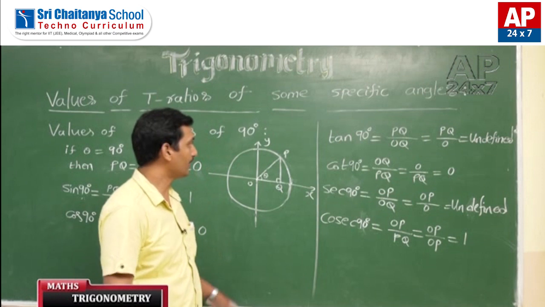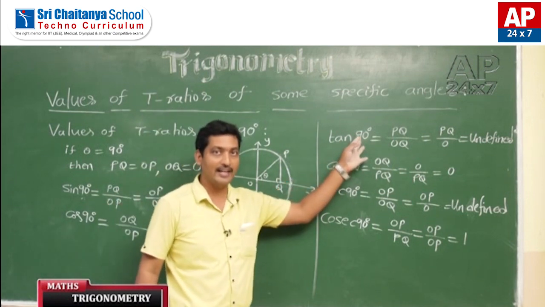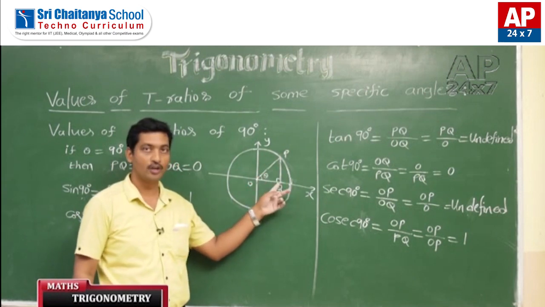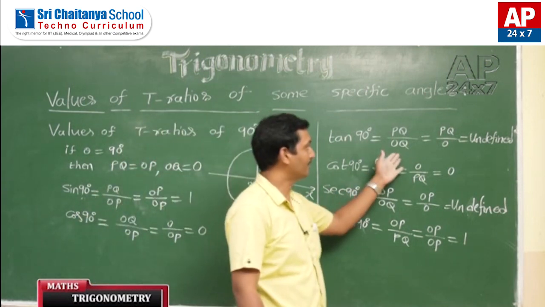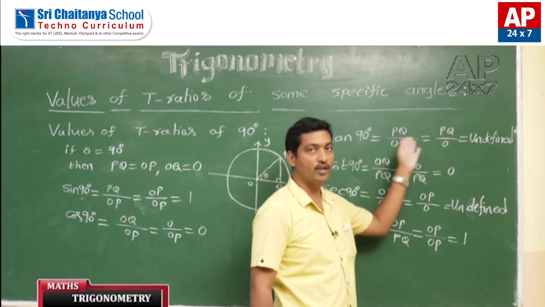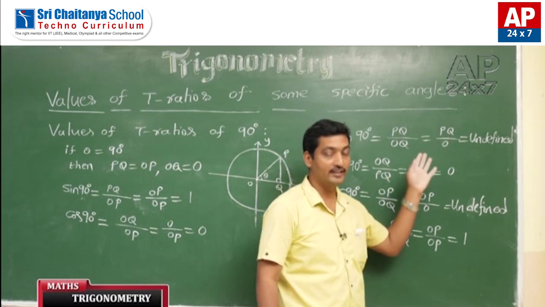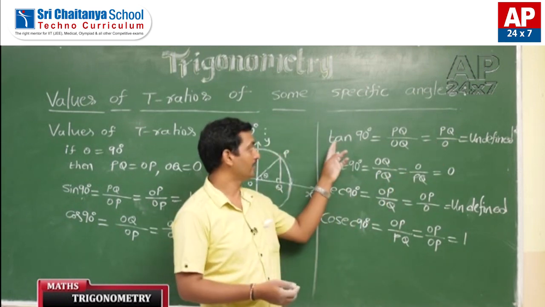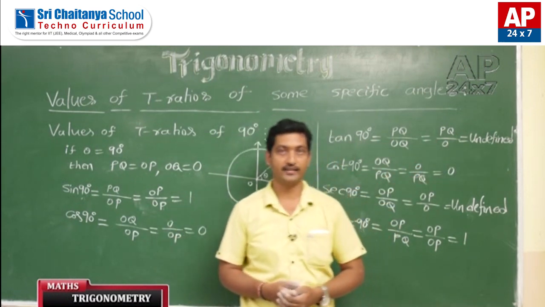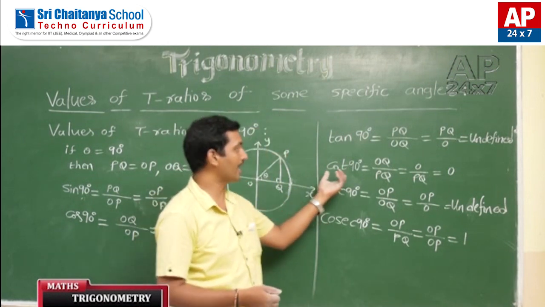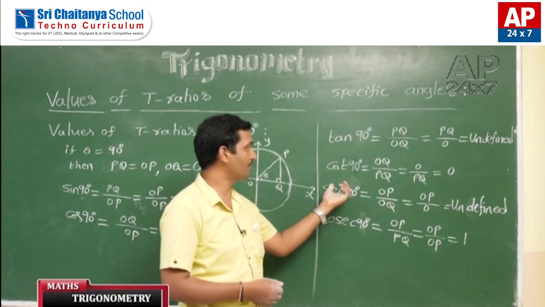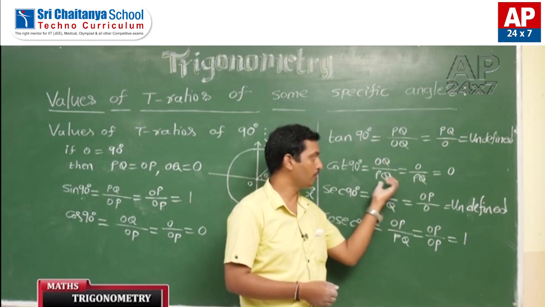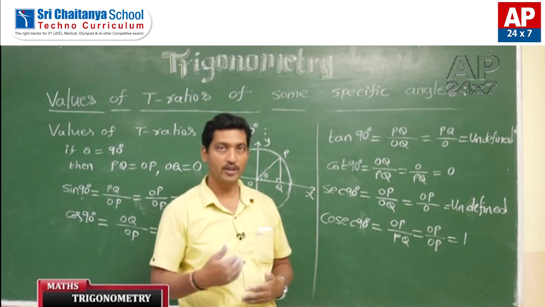Now, come to tan 90 degrees. Tan theta is equal to PQ by OQ. Now, replace theta by 90 degrees. Then PQ remains PQ only, OQ becomes 0. Here, the denominator 0 is there. That's why tan 90 degrees is undefined. Now, come to cot 90 degrees. Cot 90 degrees is equal to OQ by PQ. OQ value is 0, PQ value is PQ only. 0 by PQ equals